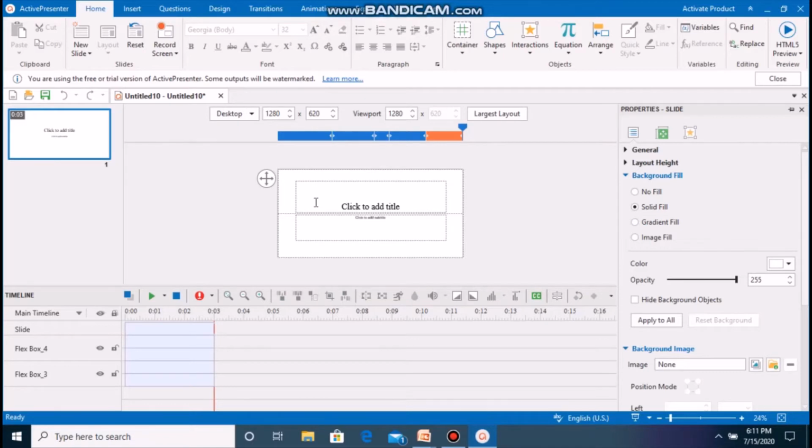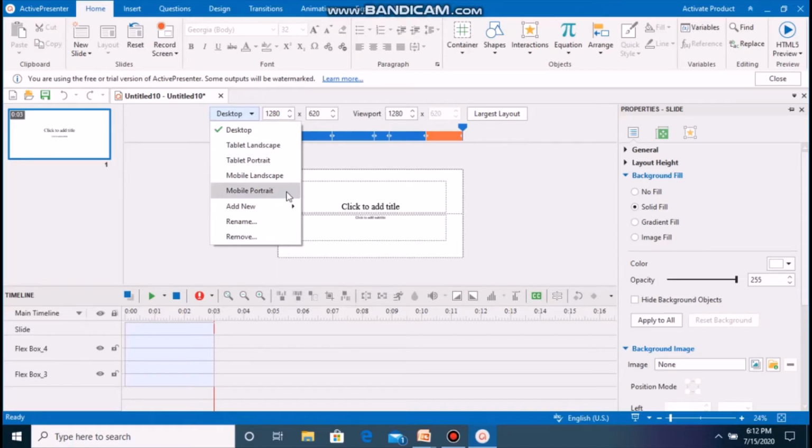Again, here is one canvas which is available with two components, title and subtitle. This responsive part is divided in three parts: screen, viewport and resolution. First of all, say screen size. Here this screen size allows you to select the device or your target device where you want to display your developed e-content. It may be on desktop, that means on PC, or tablet with landscape or portrait property. Or again, you can display your e-content on mobile also with landscape or portrait.